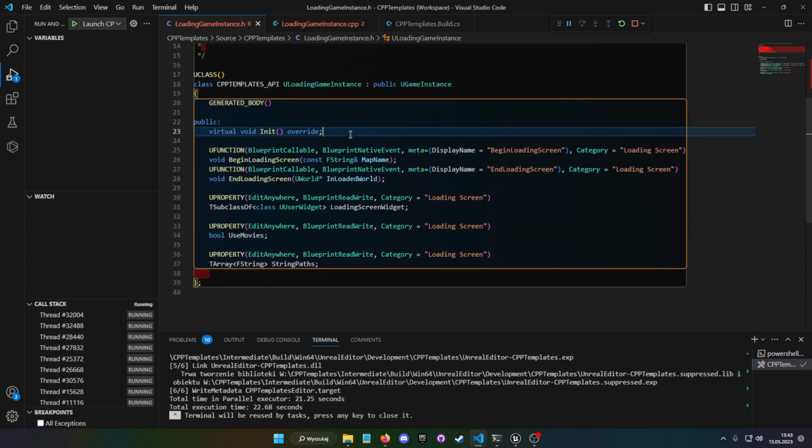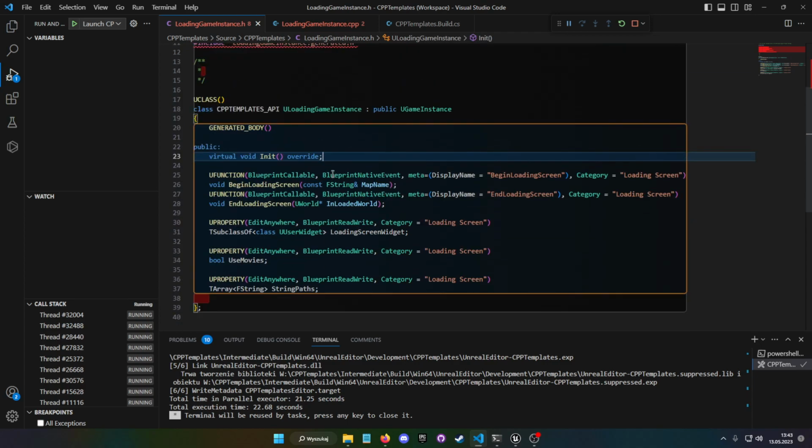And in public, we want to make two functions, or I made two functions, BeginLoadingScreen and EndLoadingScreen, which are both BlueprintCallable and are BlueprintNativeEvent, which means that I can override them in my Blueprint class. This is something that the research didn't do.